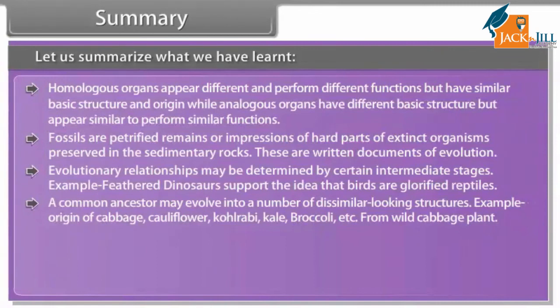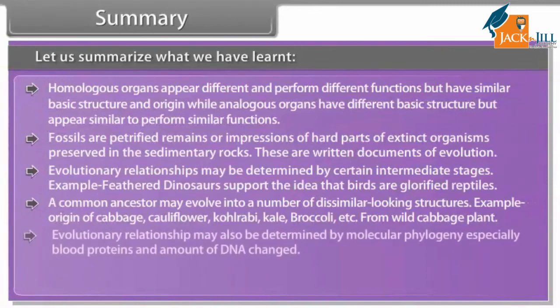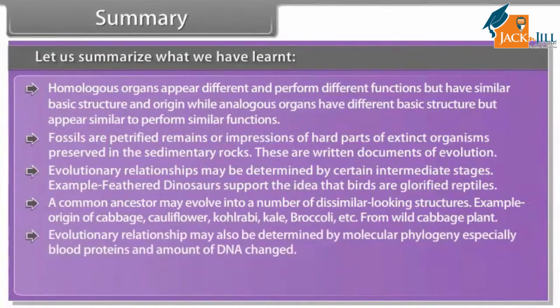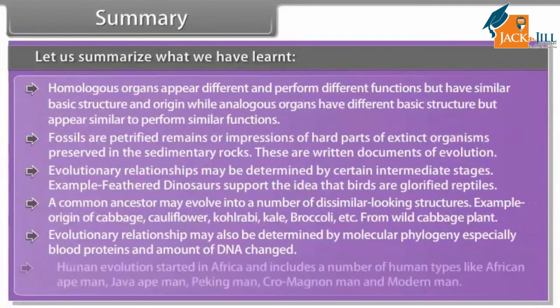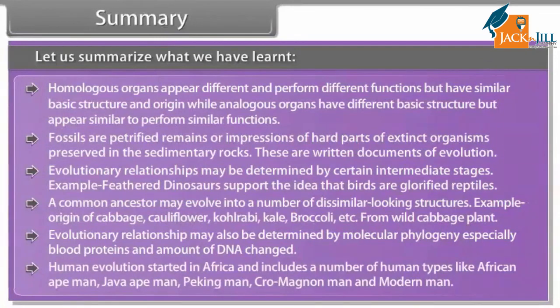from the wild cabbage plant. Evolutionary relationship may also be determined by molecular phylogeny, especially blood proteins and amount of DNA changed. Human evolution started in Africa and includes a number of human types like African ape man, Java ape man, Peking man, Cro-Magnon man,